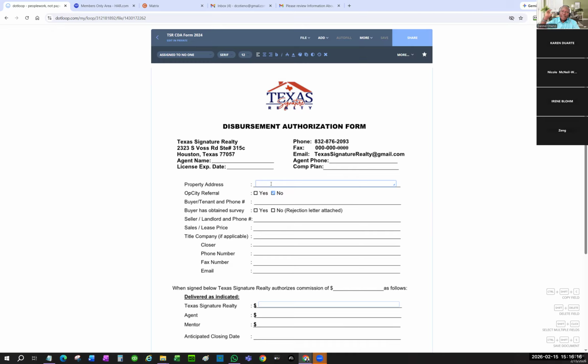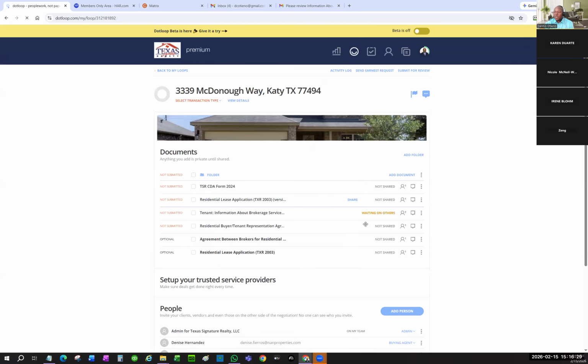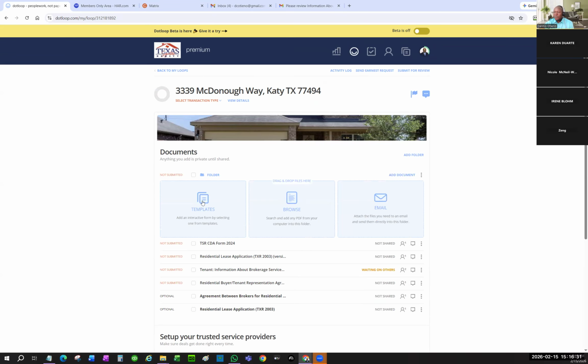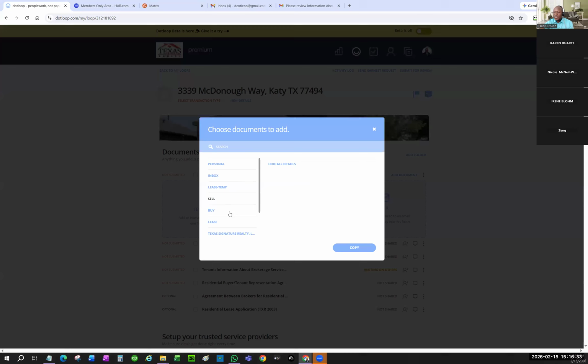To Matt Merritt, hey, this is the transaction information. I now have this in my templates. All those fields have already been, I manually added them, made them fillable. Any transaction I do, when I do my loop, I just come in here, import a document from templates. I go here. You can see